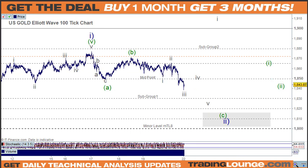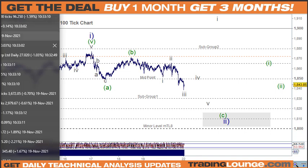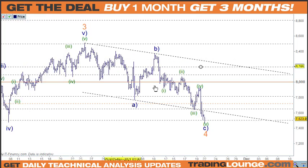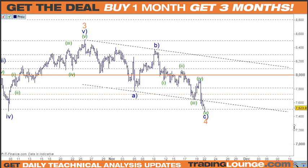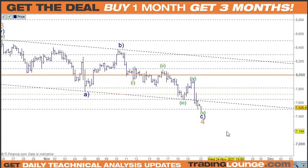Okay, let's have a look at crude oil. So with crude here, I think we're pretty close to having wave 4 in play now. So from wave 3 up here, just on the 4-hour chart, the A wave, the B wave here, that could probably be better suited there. But anyway, it doesn't really matter too much. 5 waves down here for 1, a little bit messy in here, so I'm calling it 1, an A and a B and a C for 2 here, and then 5 waves for 3, 4 and 5. A little bit of overlap there, but I think that's okay with crude, because crude can get pretty